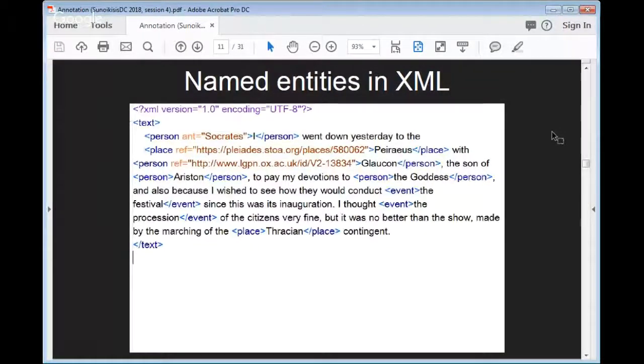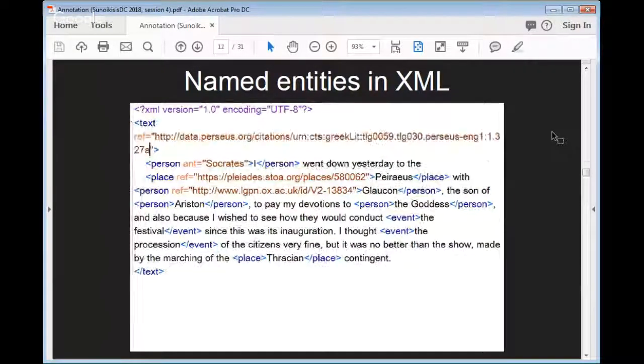When the text begins, "I went down yesterday to the Piraeus," the I in this is Socrates. And so you could specify who the antecedent is of the pronoun in this case, for example. We can also disambiguate the text itself. The whole passage of the text, we can give a reference to an external identifier, and an external identifier that helps us to identify it.